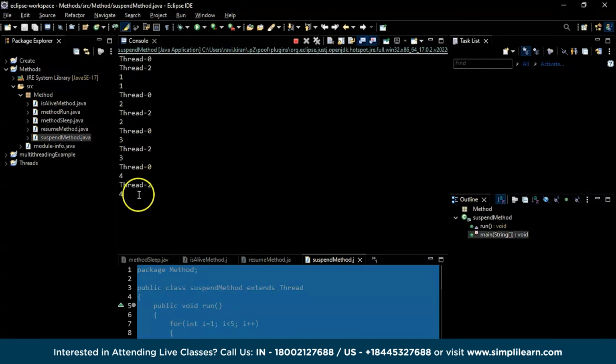There you go. The thread number 3 got suspended, right? Now here you can see the creation of thread number 0, the main thread, 1, 2, 3, 4, and the thread 3 which got suspended here, and we again continued with the number 4, right? So